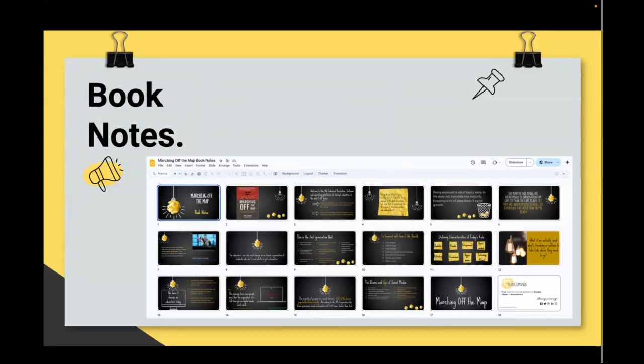I also provide book notes for my students. As I mentioned earlier, I do not require them to purchase any books, in part because I'm dealing with educational technology. And by the time a book comes out about educational technology, often it's already out of date or quickly getting out of date. And if the students aren't going to be able to use it after my course, I really don't want to